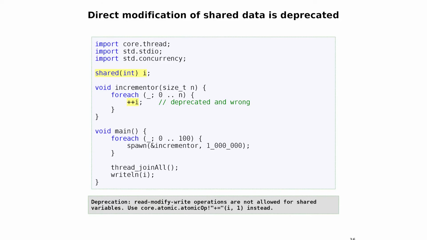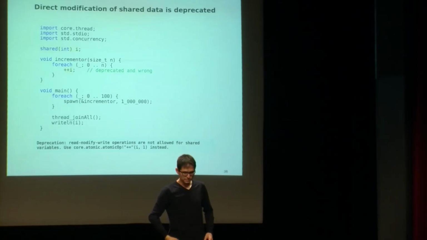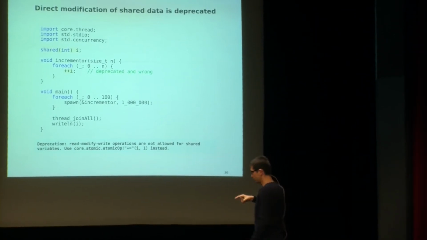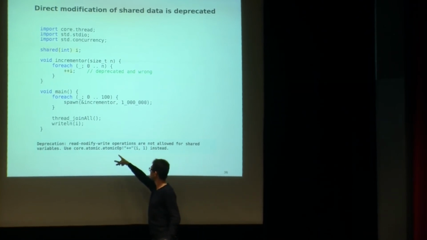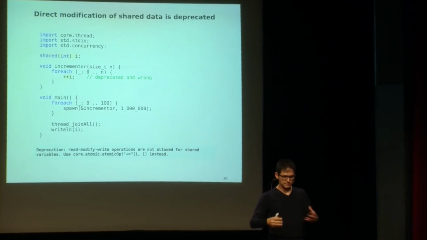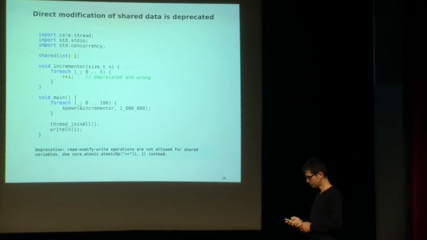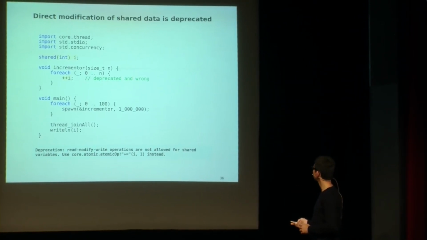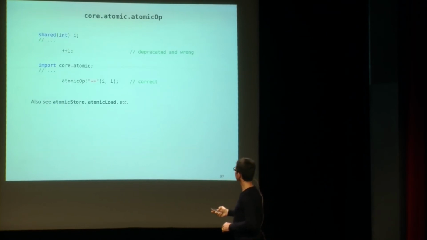So another feature of D, I would say, as we said, in order to share data, you have to mark it as shared. And this direct modification of shared data is now deprecated. If you do this, you'll get this warning, which tells you to use atomicOp, which is a CPU feature, again, where you can mutate data atomically. Instead of read, modify, write, that whole operation is atomic. So instead of this ++i, you can use